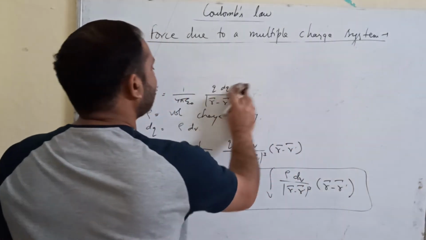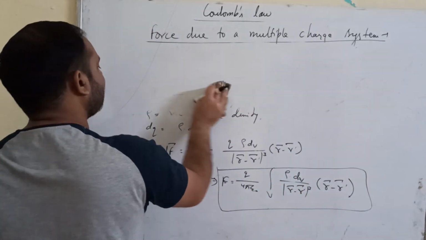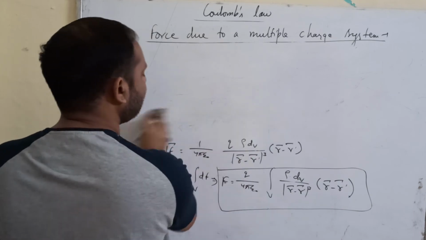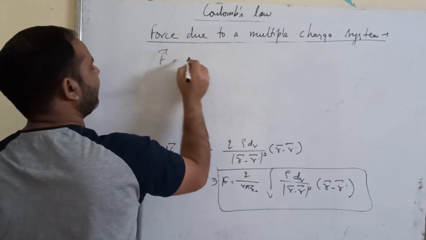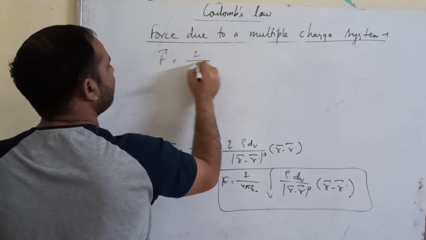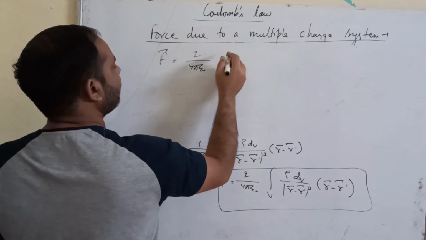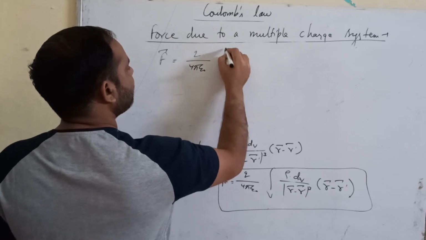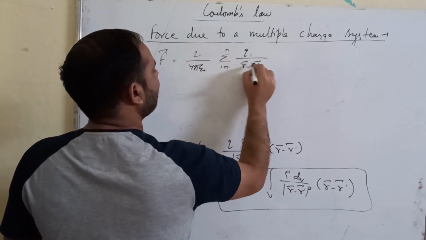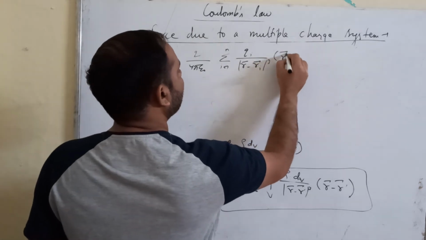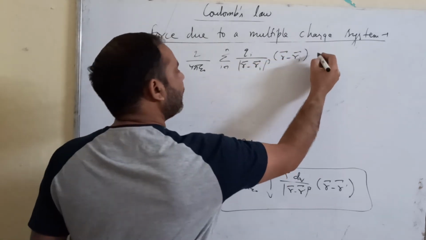Then the total force will be given by the combination of all four formulas, and in that case F will be equal to Q upon 4 pi epsilon naught, summation i equals 1 to n, Qi upon |r vector minus ri vector| whole cube into (r vector minus ri vector), plus